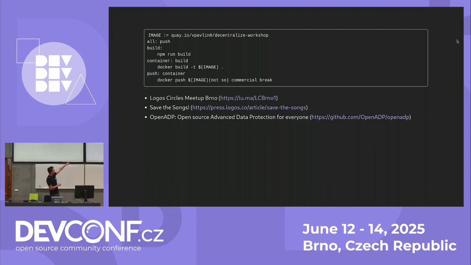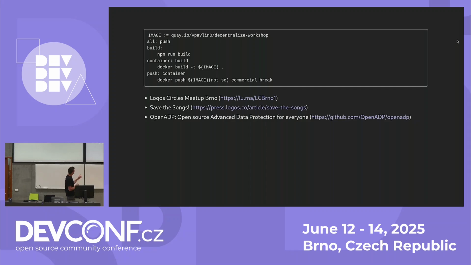There is this campaign called Save the Songs, and I wanted to add a QR code, but I forgot. If you go to press.logos.co, we are trying to help Internet Archive protect themselves from record labels who are suing them for $650 million because they were trying to preserve some cultural history, and now the record labels are saying, well, by doing that, you're also costing us $650 million. I assume that you know what Internet Archive is and that you are fans of it because it's a lot of open knowledge stuff. So I'm not gonna go deep into detail about that.